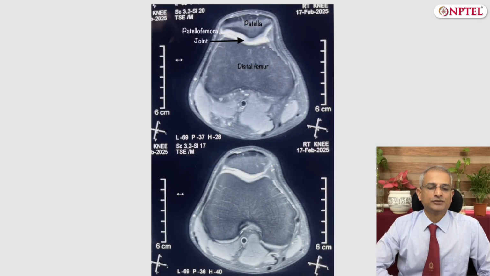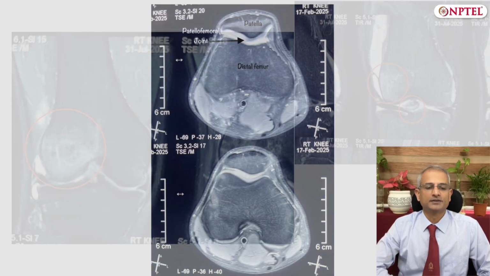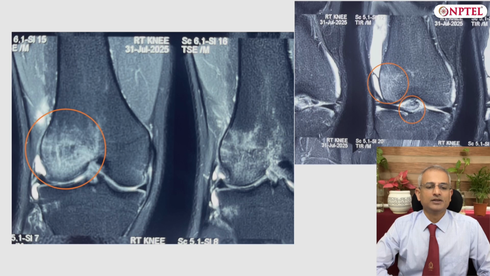This next slide shows how clearly you can see the patellofemoral joint. The next slide shows bone marrow edema, which is suggestive of severe bone contusion, which is seen as bone marrow edema on an MRI. This is generally seen in a severe injury where you can expect other ligamentous injuries as well. Like in this case, there is an ACL tear.